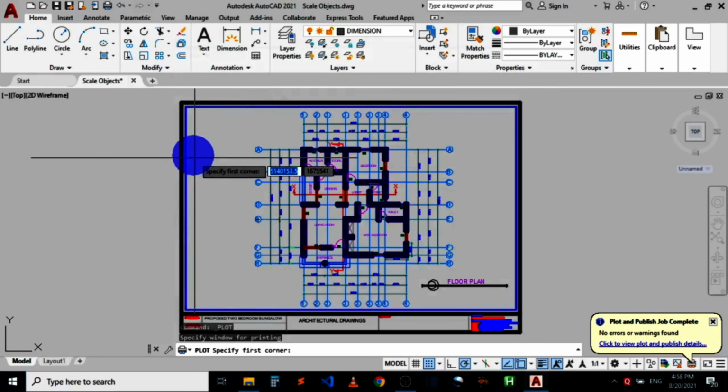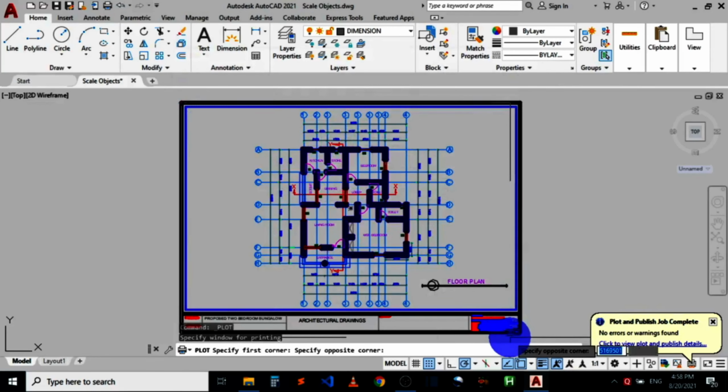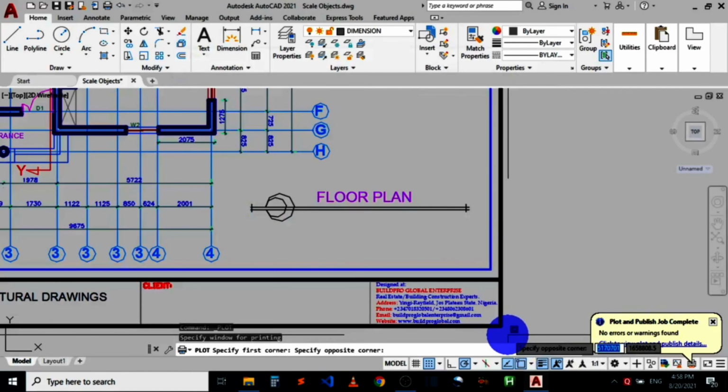I click on the first point, which is at my top left corner. Then I move down to the last point, which is at the bottom right corner of my drawing, and click on it. If I click, AutoCAD will automatically take me back to my print dialog box.